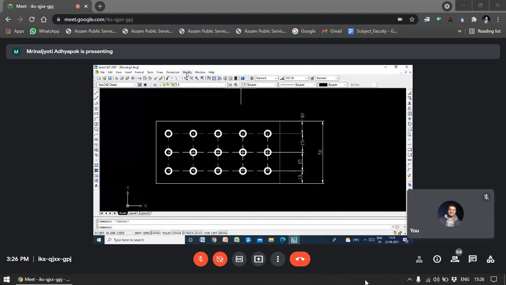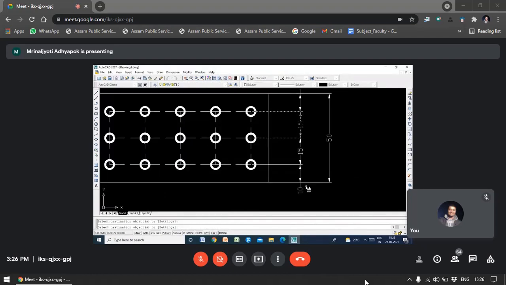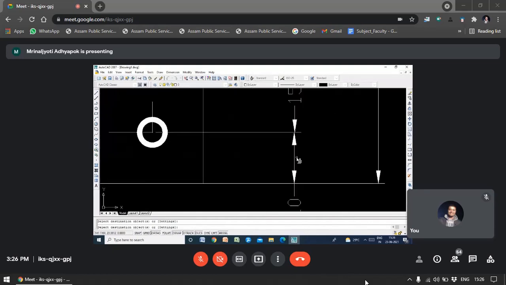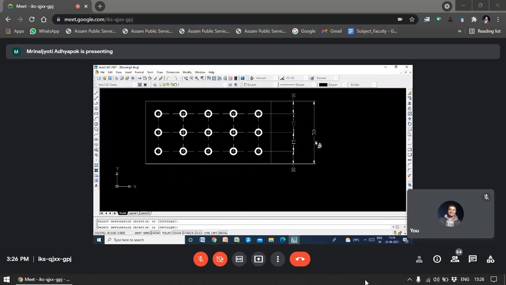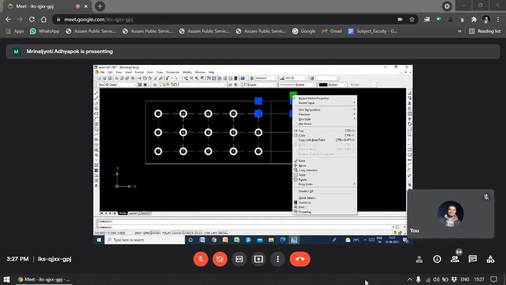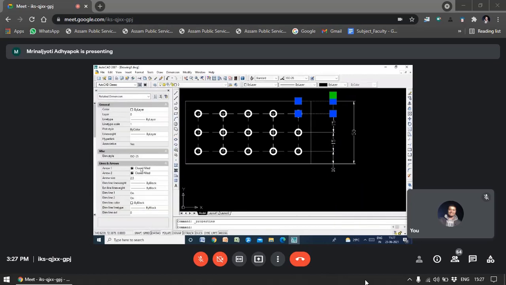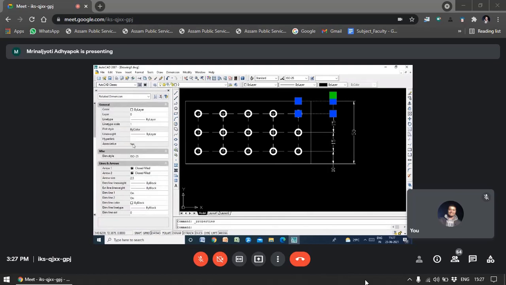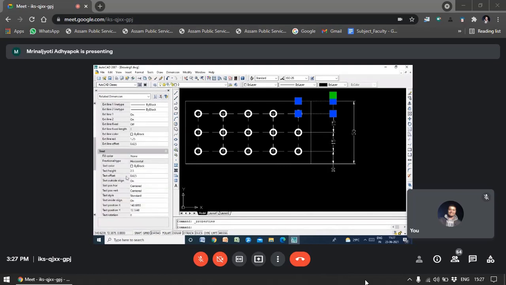Okay, now I am going to use the match properties. So I will select this, and simply click all of them. But here, as it is a very small portion, wait, in properties I will decrease the text height.